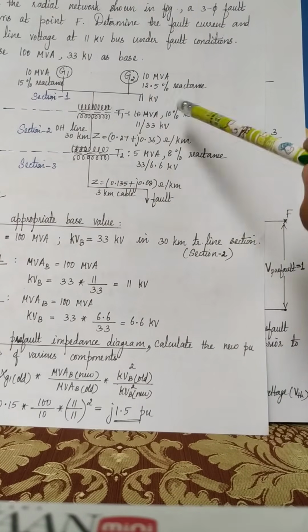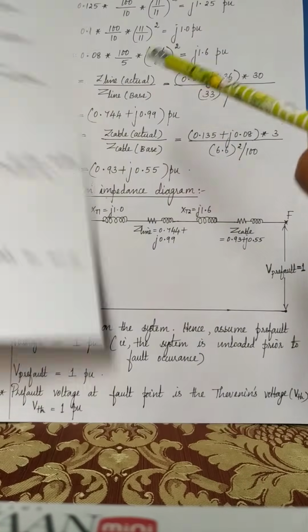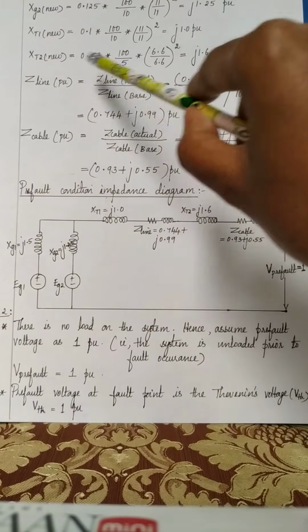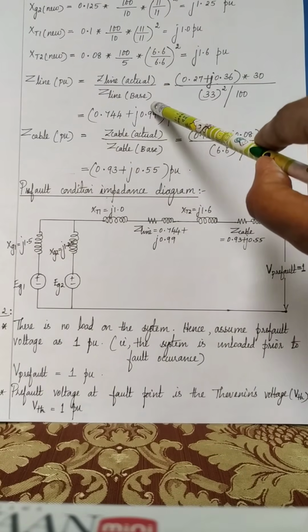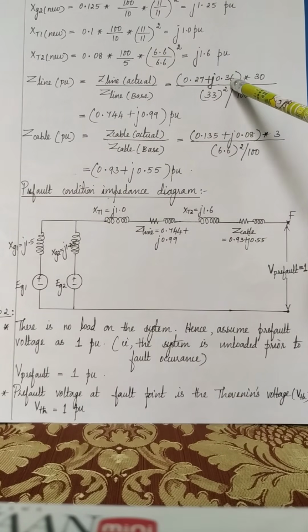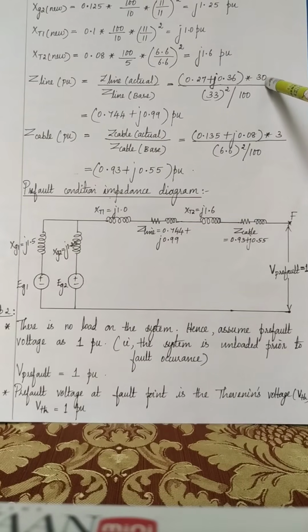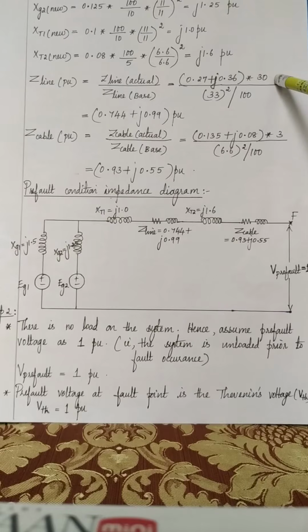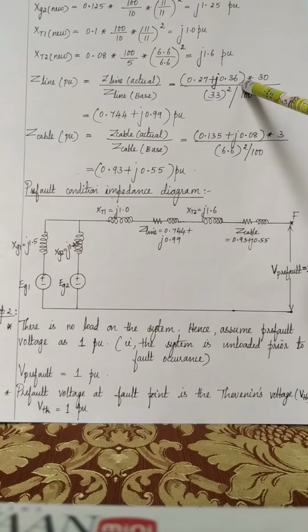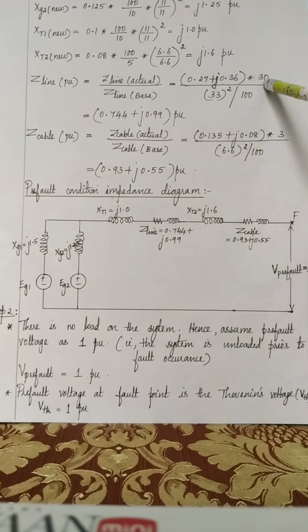So we have to find in per unit. And what is the formula in per unit? Actual divided by base. Z line per unit is equal to Z line actual divided by Z line base. So what is Z line actual? 0.27 plus j0.36 ohm per kilometer. That is the reason why I have multiplied by the length of the overhead line, which is 30. Okay, so 0.27 plus j0.36 into 30. So be clear why I have substituted this 30. It is to get the value for the entire 30 kilometer length of the overhead transmission line,